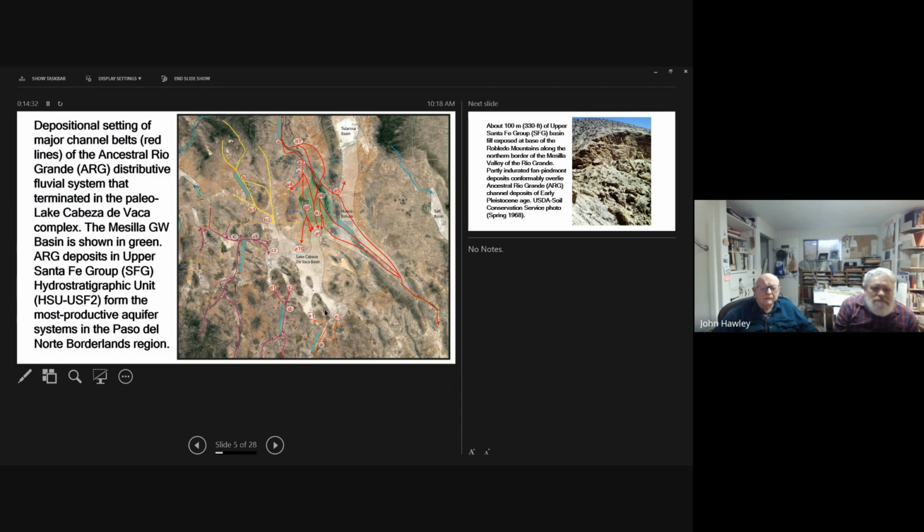And this was when there was enough water during winter times in the watershed that a large lake would form, or